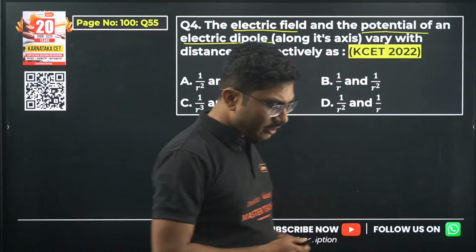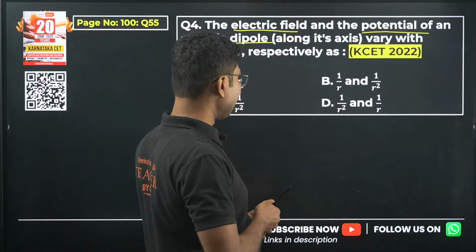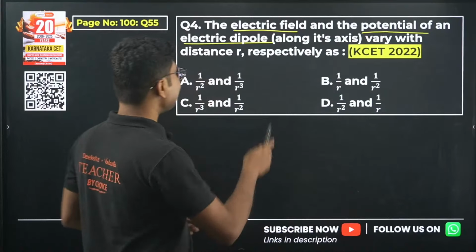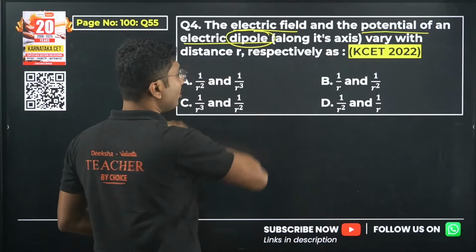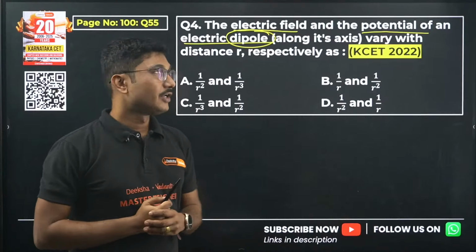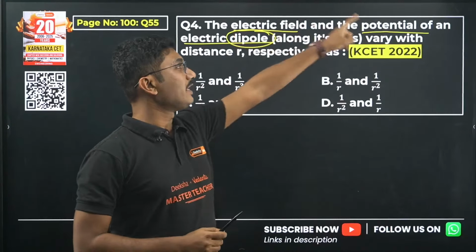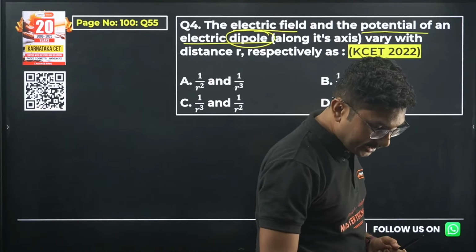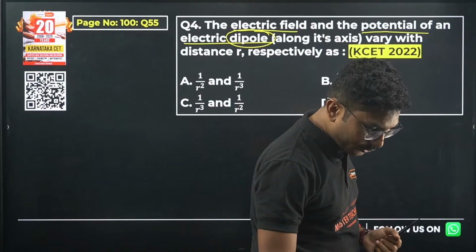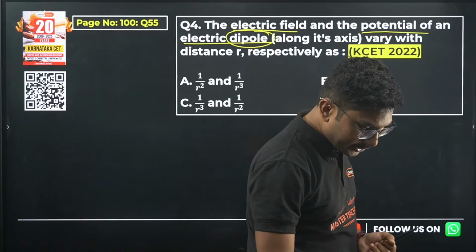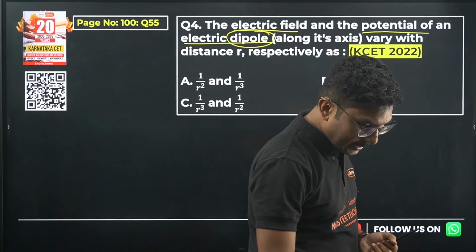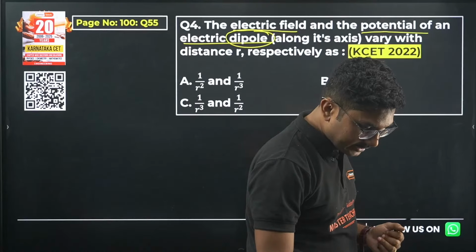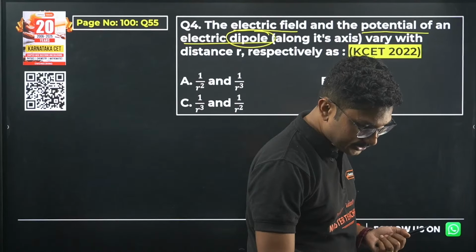Madhavi is saying question 4 option D. Check again, it is electric dipole, not single charge. So electric dipole, electric field and potential. Aishwarya Kamath is saying option A, Oreki is saying 4C, Manjunath is saying 4C, Madhavi already answered, Maitri option C,